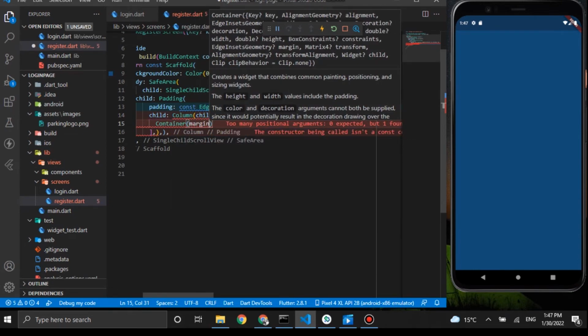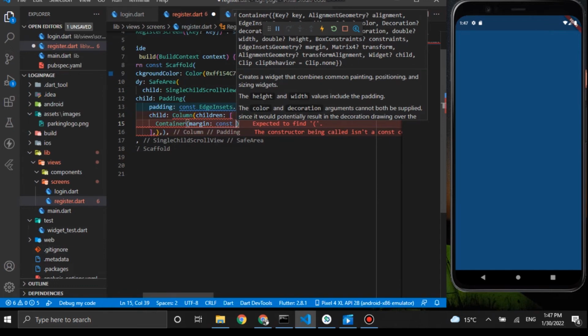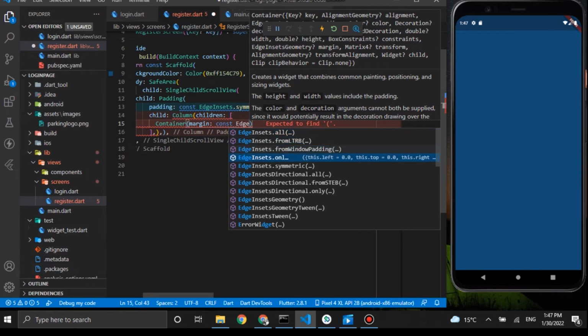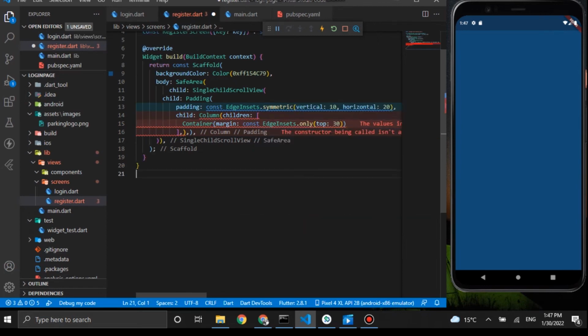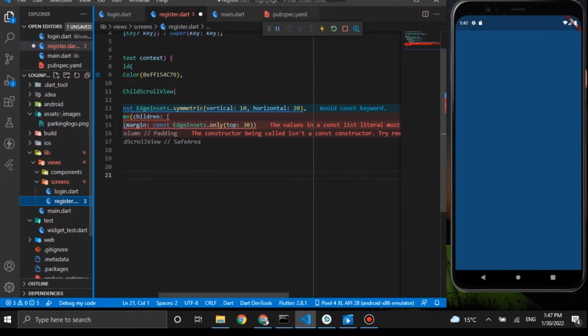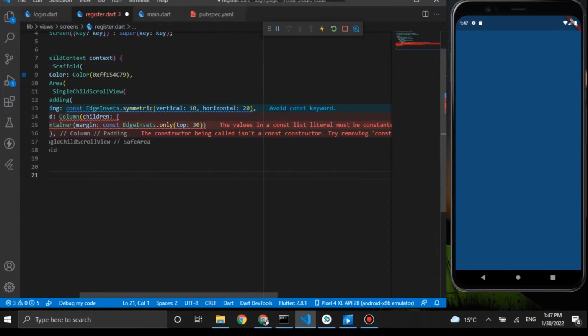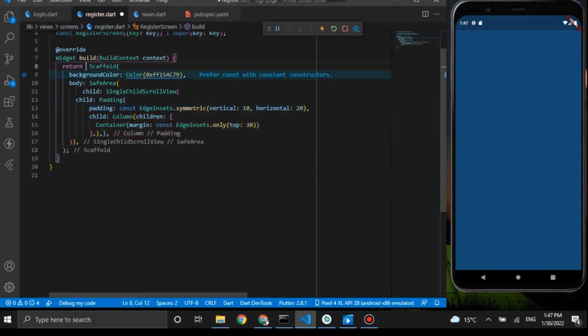And inside the children I'll be passing container and give the margin for the top, which is margin top 30, and so we are getting such an error here. For that, let's remove the constant and add the constant in our background color,